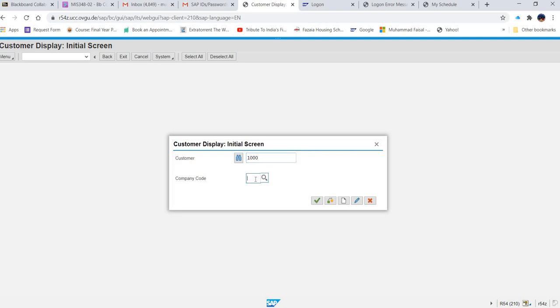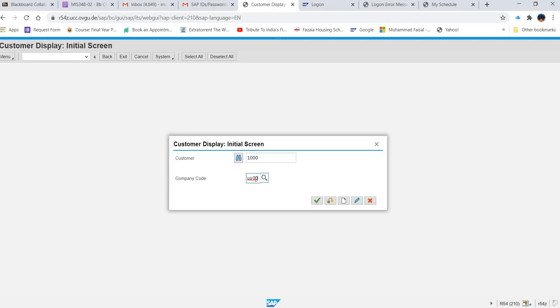And what company code do we have to enter? They give us the data, that is US00. By the way, in SAP ERP, whatever data is required to enter, most of it is coded. Coded means most of the data you are required to enter is in the system.